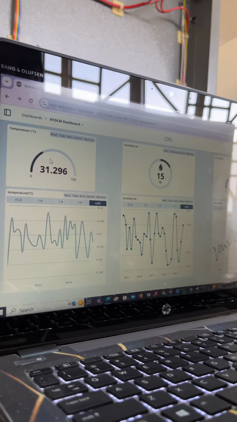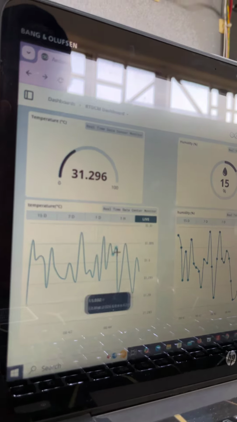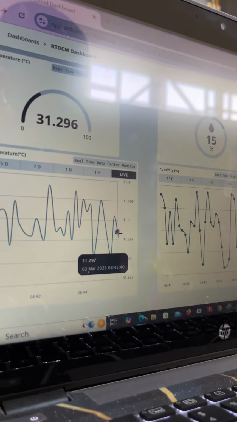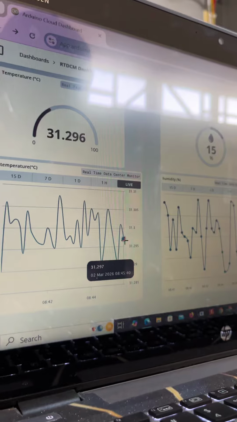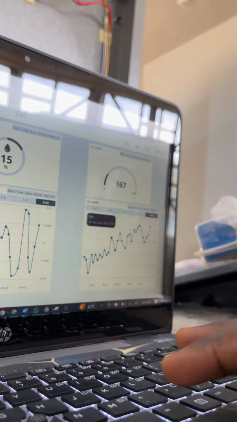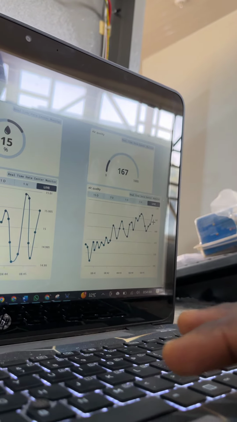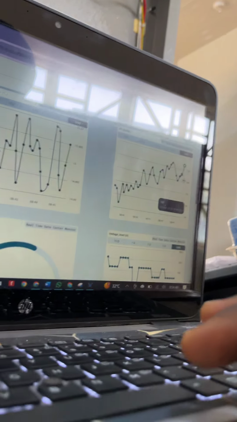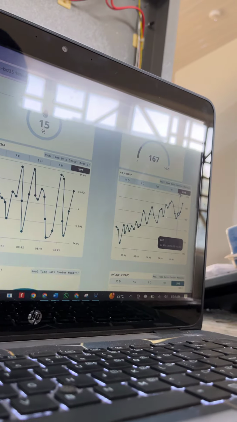Here is the temperature widget. So we use the gauge and we also have the graph, if you want to see how the temperature varies. So now here at Bauchi, we are at 31 point something degrees. The humidity is about 15. Then the air quality is about, that's the smoke, right? We don't have any smoke, so this is very, very low compared to the maximum range that we set